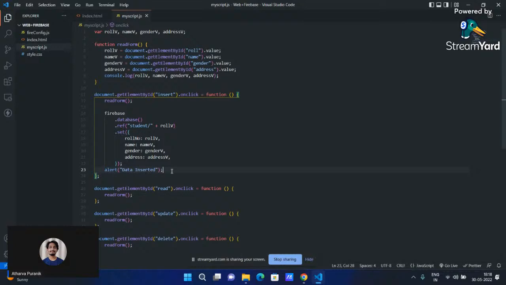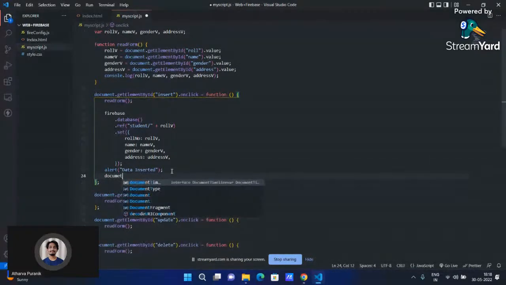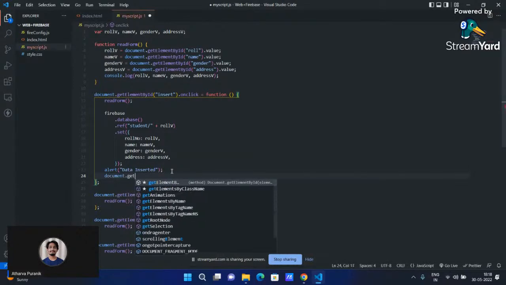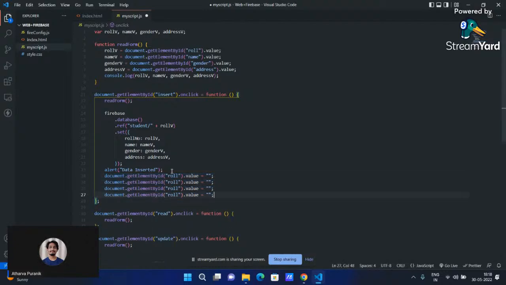So I'll make these fields empty by referencing these input fields and assigning them empty. So document.getElementById, the element roll, and its value we want to set to nothing. So just this line we'll copy down